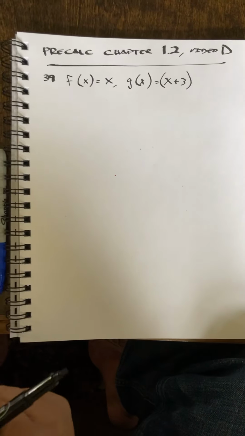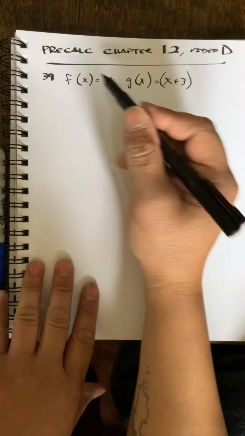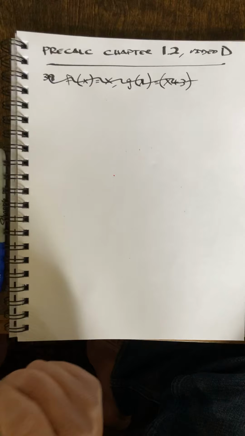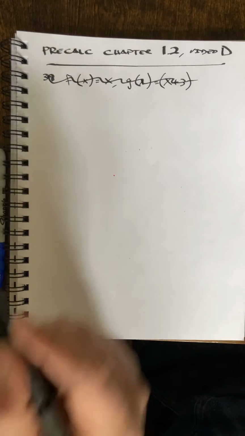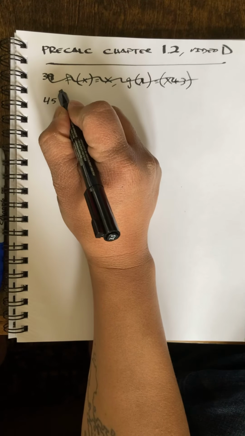Hello friends, for video D in this series I was going to do 39, but I realized that that's not part of the homework, so let's be efficient. Let me see. I'll go with 45. There we go. 45 is a nice one. And it gives us